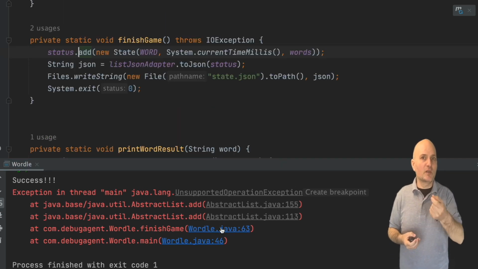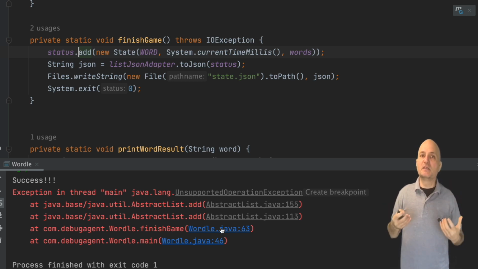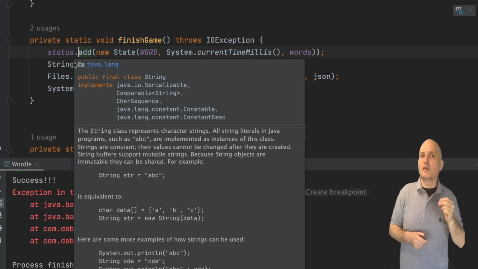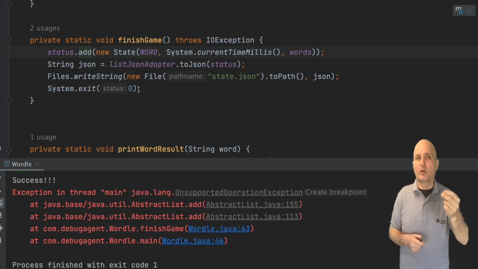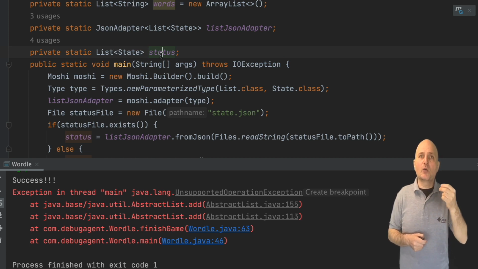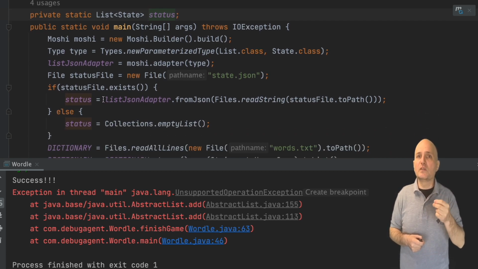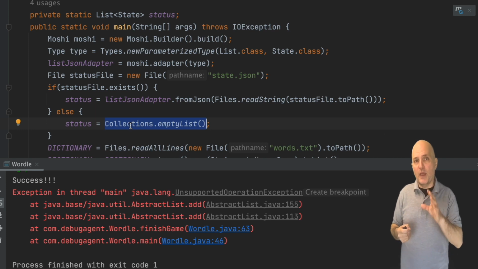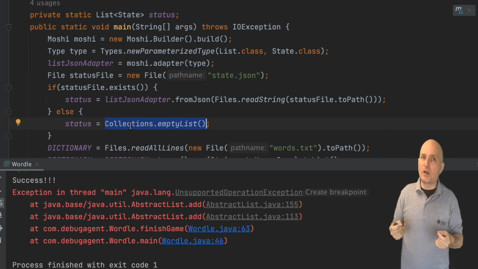When you click on the stack frames in the exception, it's clear that the add call that I added here failed. It seems that list doesn't support add, but it does. So why the error? Control or command click can take us back to the declaration of the variable here. We can see how status is initialized, and notice there are two ways. One is when we read data from JSON. That works great. The second one is through